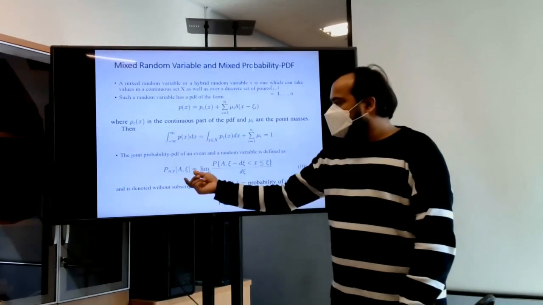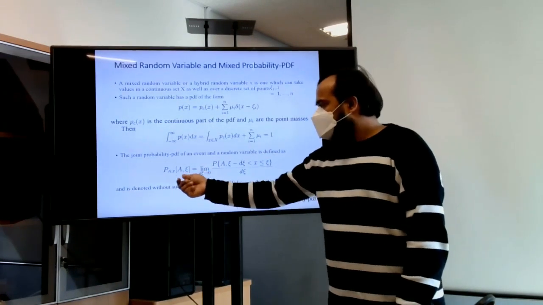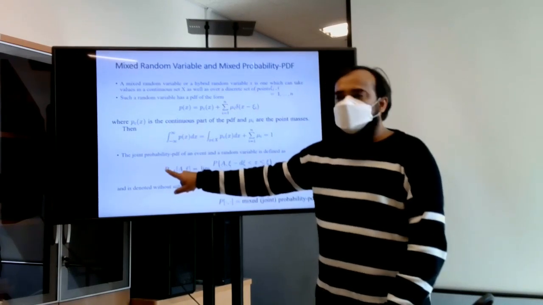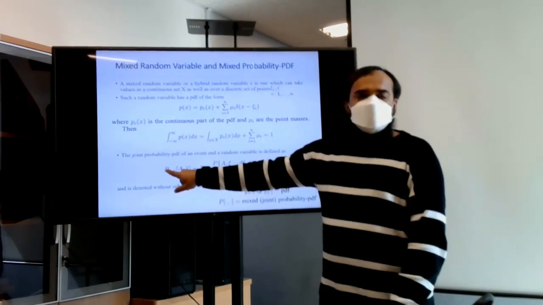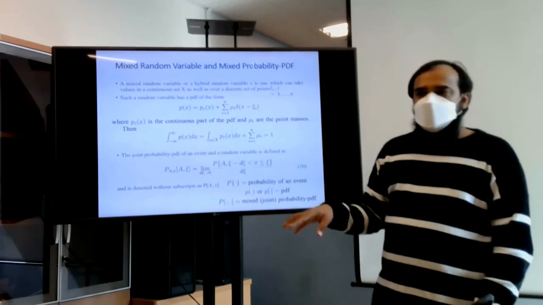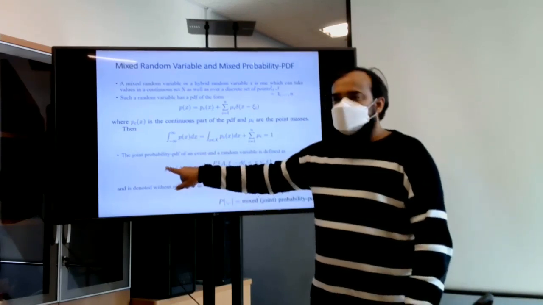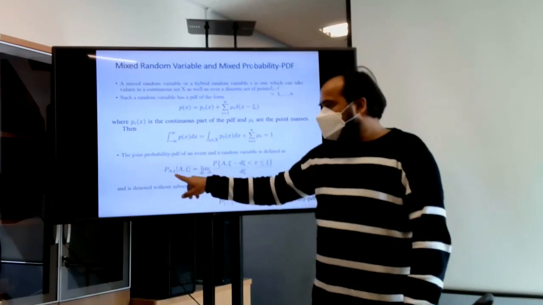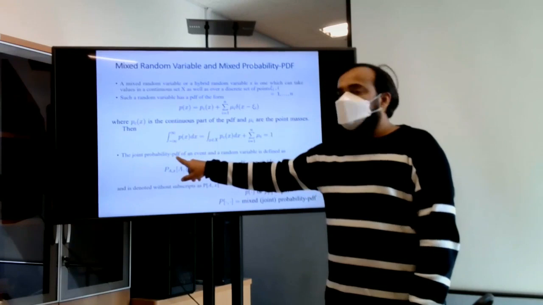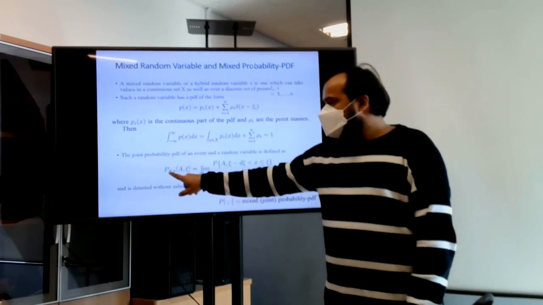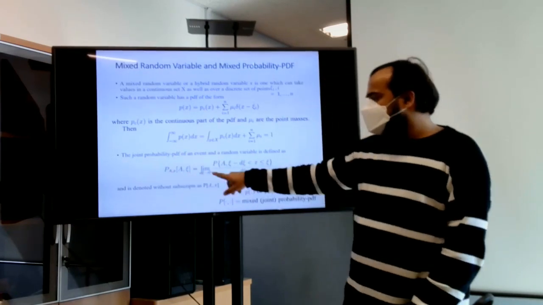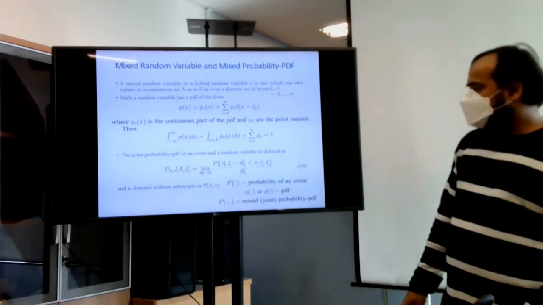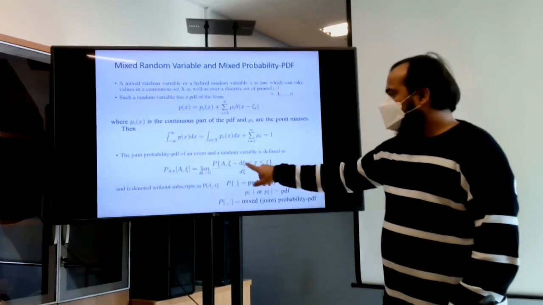So the joint probability of the PDF is equal to, note that this is not a PDF, this is the probability. In object tracking theory, we represent capital P as a probability and small p as a PDF. So this is not a PDF, this is a joint probability PDF. The joint probability of the PDF equals the limit as epsilon tends to 0, and it's the same thing,